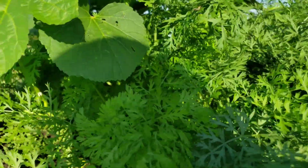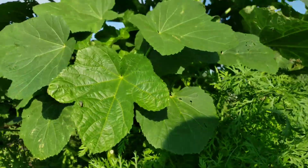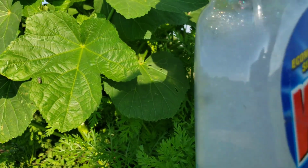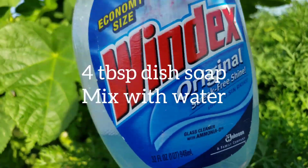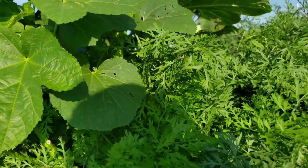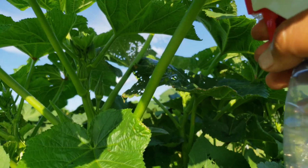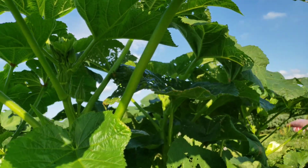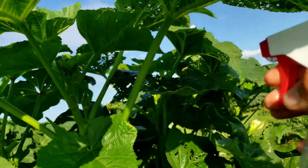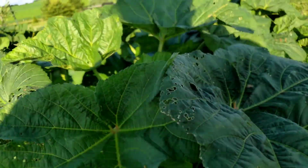I try to plant organic, and if I see there is a Japanese beetle, I use 4 tablespoons of Dawn soap and mix it with water. And what I do is just like that. I spray and they will be killed. Their soft body cannot take the soap. That's what I do. I don't spray